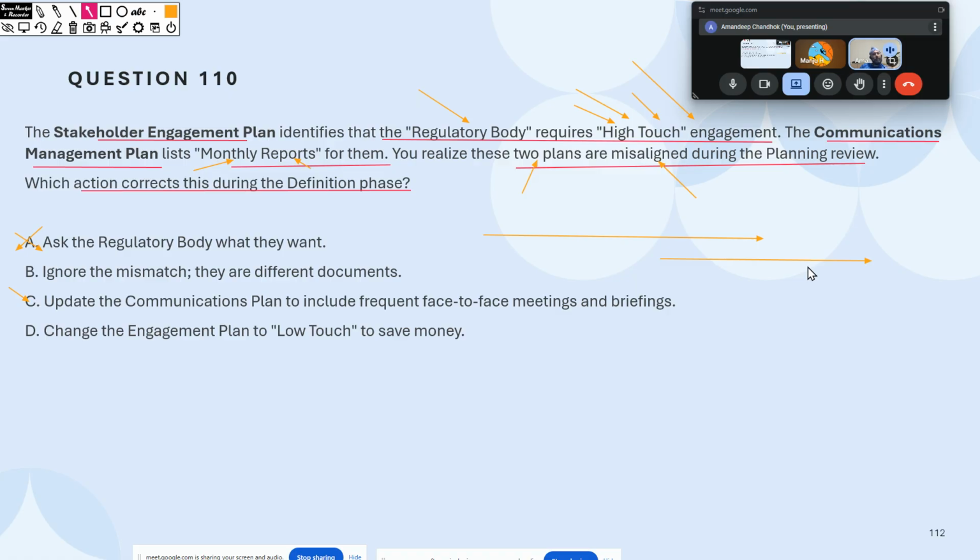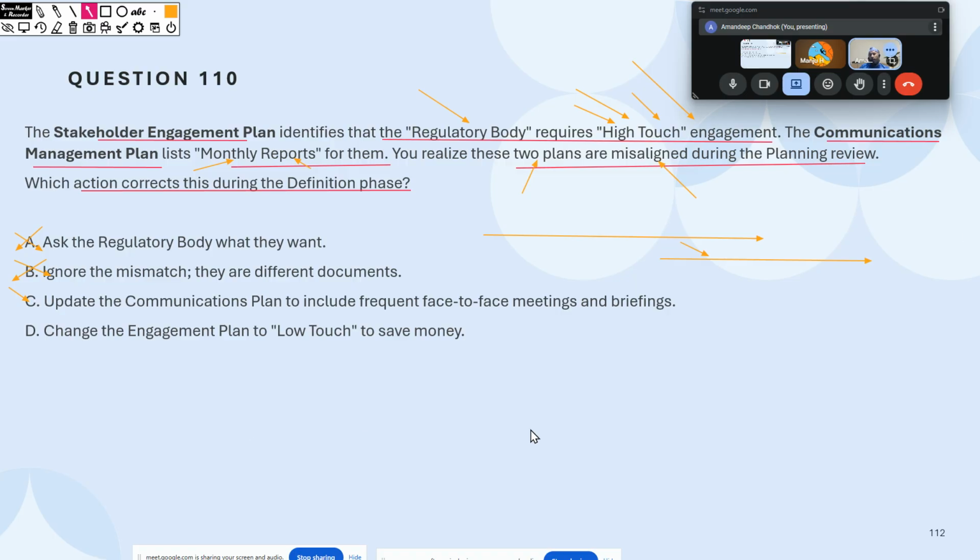And when we are engaging with them, we are not just getting together for a quick pantry talk. It's a regulatory body, so obviously they would have certain communication requirements. So what we are saying is, with the change in the engagement plan, a natural impact will be there on the communication plan as well. Hence you can't ignore this. Normally your communication and engagement plan will go hand in hand. Your engagement talks about the relationship, your communication talks about how you communicate in that relationship.